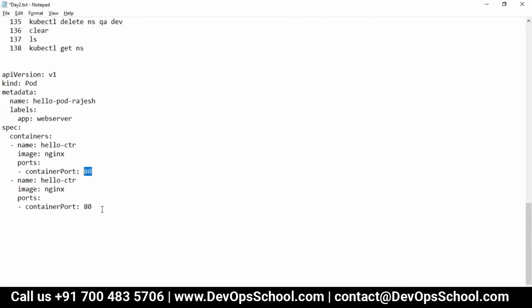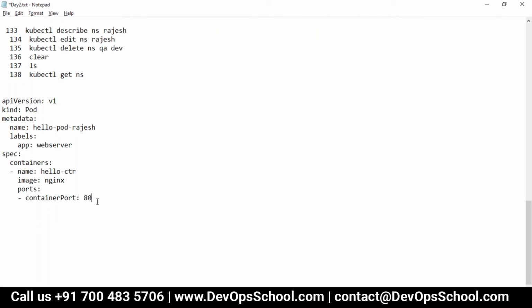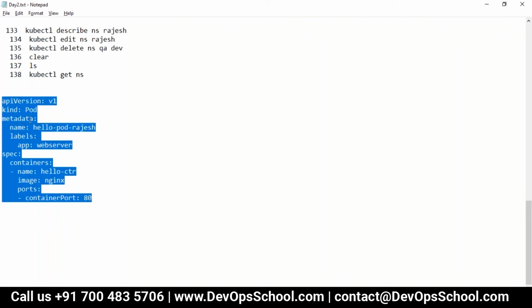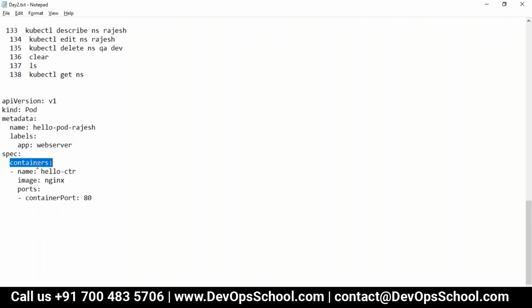This will fail on the same port actually. You have to change that. By default, Nginx runs on port 80, right? So you have to run some other software like Jenkins or something like that, which runs on some other port, like Artifactory on port 8080 or something. So here there's only one port. Is it very difficult to understand that? See here, pod, containers. There's one container coming from which image? Nginx. Makes sense, guys?